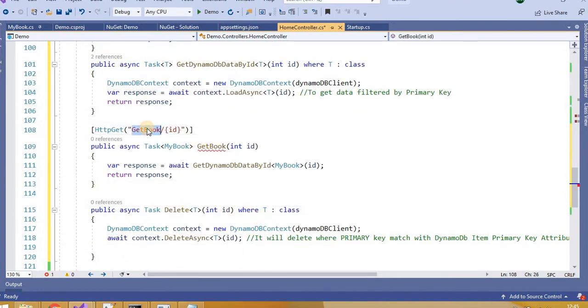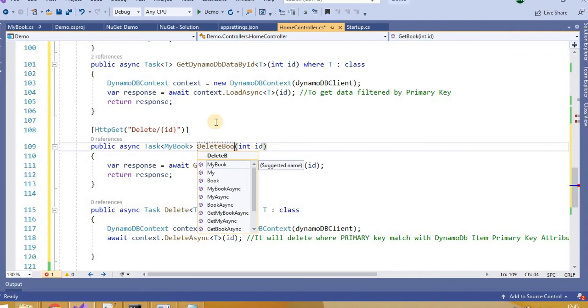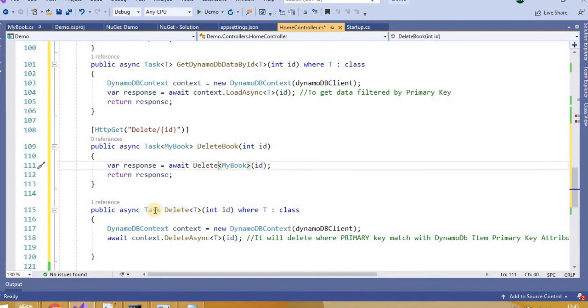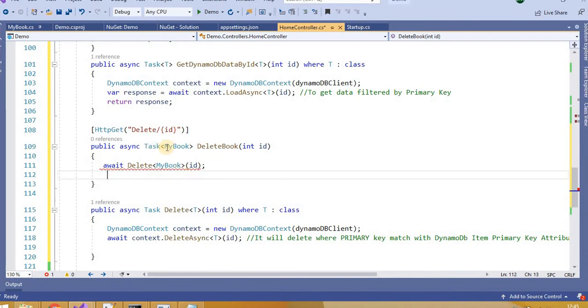That's why let's just delete. It has no return type, so it will not return anything to us. That's all.